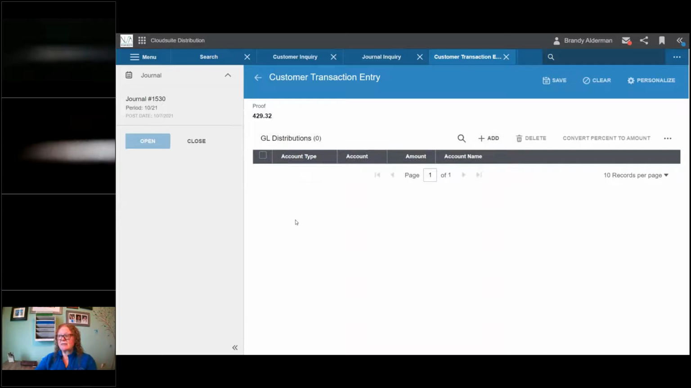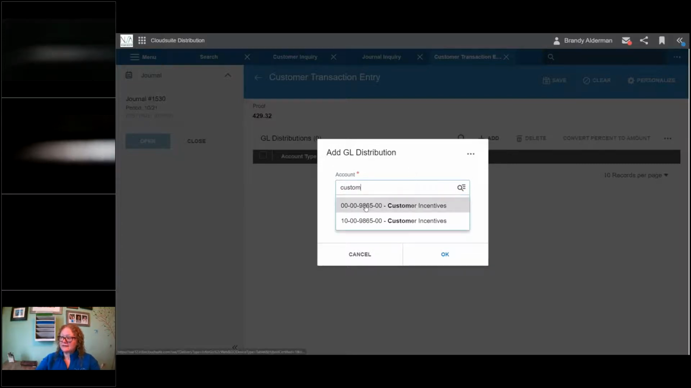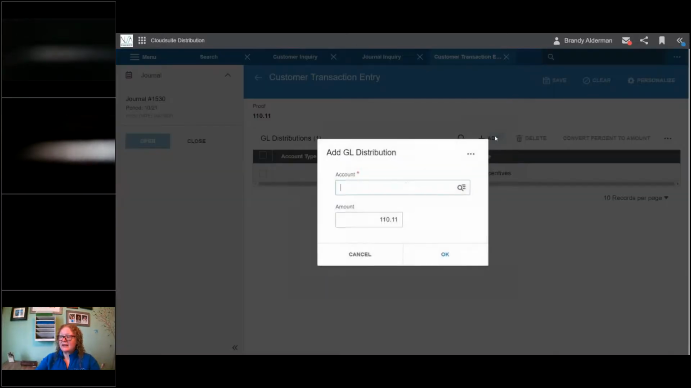Now, here in my GL distribution, I can choose the account I want to pay it for. In this case, maybe I want to apply it to 2 different divisions. So I would go here and I would add, and I would choose my account. And it's actually under customer incentives. So I'm going to choose my customer incentives account. And I'd enter the amount and click OK, and click OK. And then if I wanted to enter it for the other division,